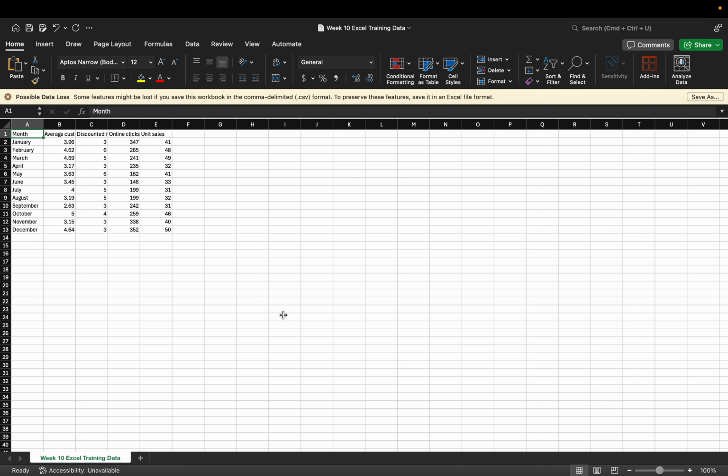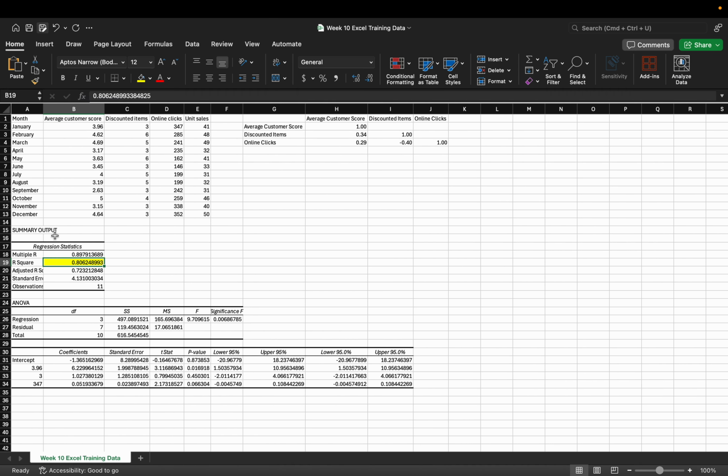So originally it looks like this, and this file format is CSV, and after we save it as a new Excel workbook, it will become like this. And the first thing we should do is adjust the columns, which I have already done. So now let's perform a